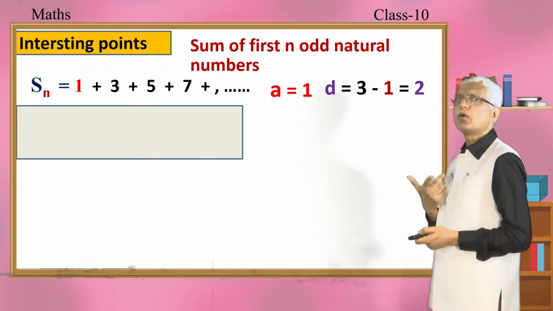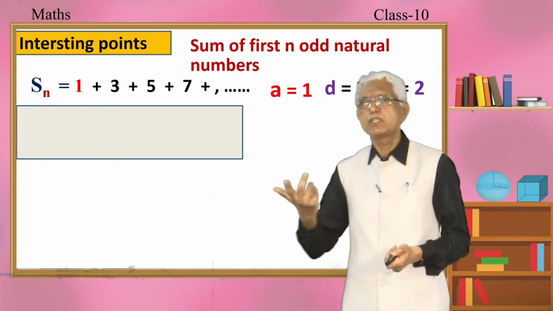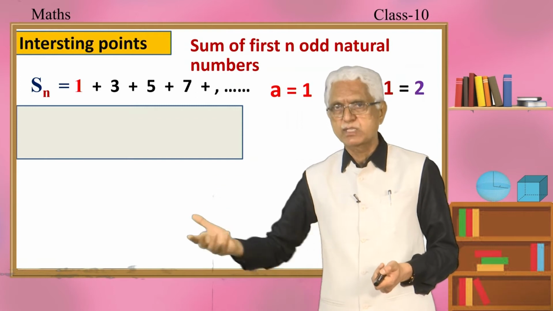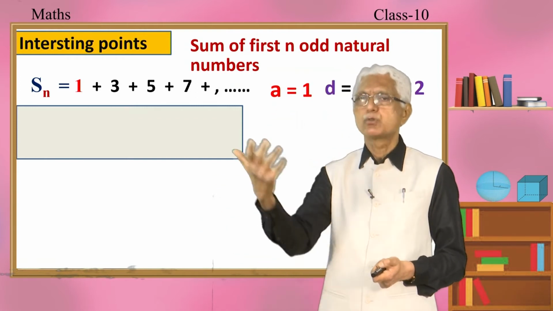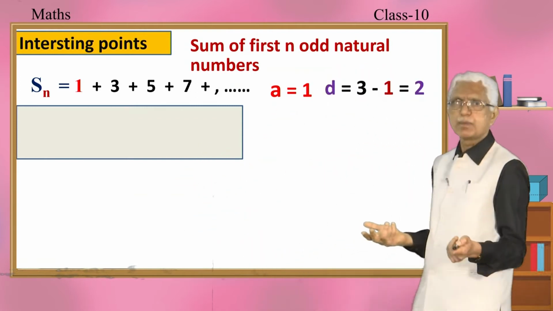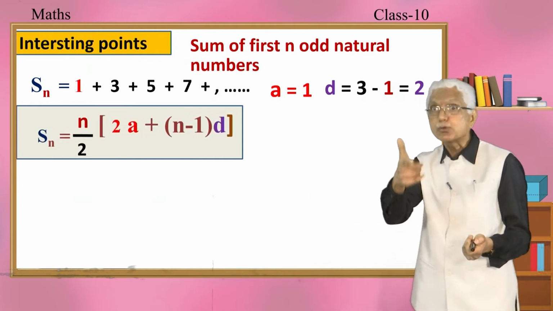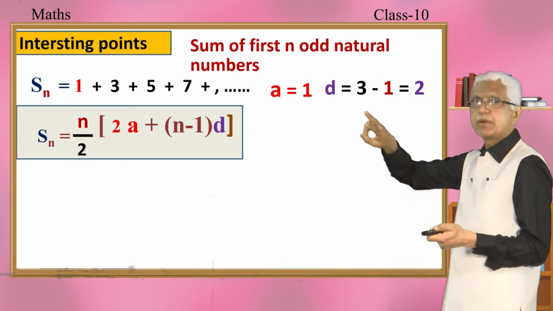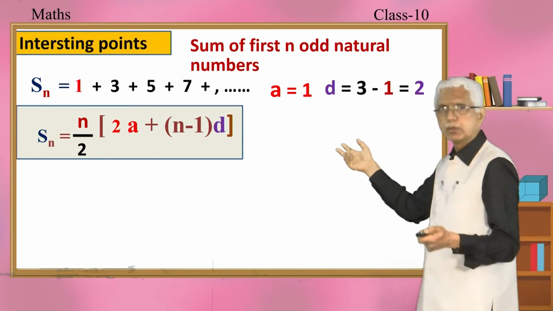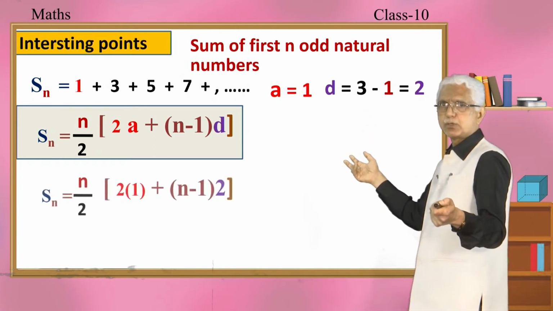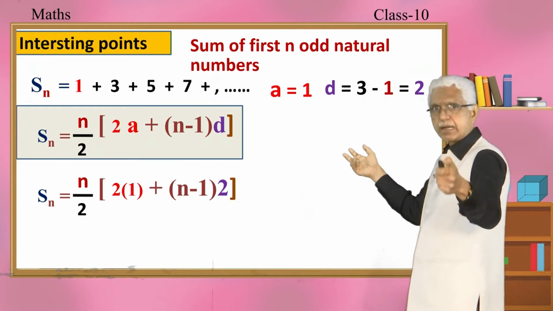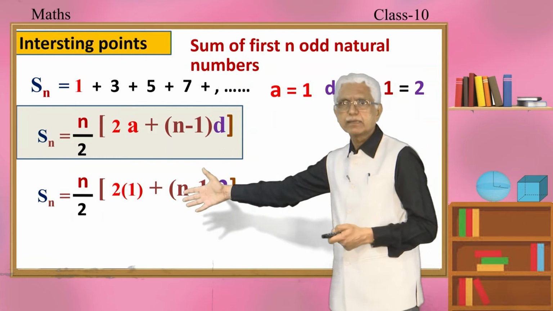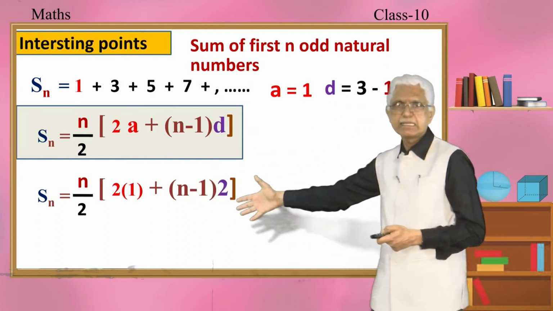If you want to find the sum of this series, which formula are you going to use? Are you going to use Sn is equal to n by 2 into a plus l? You will not, because you do not know n. Probably I will be using n by 2 into 2a plus n minus 1 into d, because I know the first term is 1 and the common difference is 3 minus 1 is equal to 2, right. So, Sn is equal to n by 2 into 2a plus n minus 1 into d, where a is nothing but 1, correct, and d is nothing but 2.